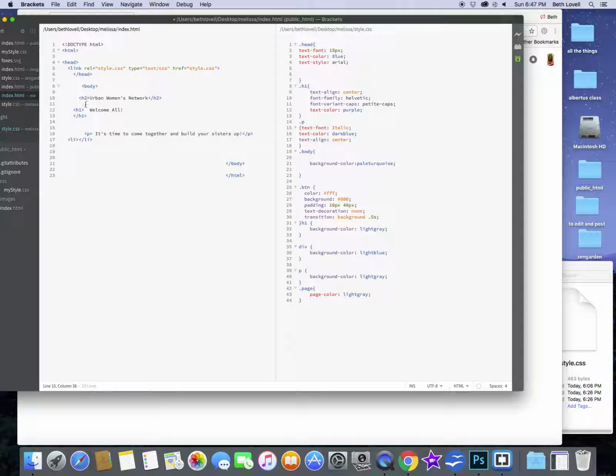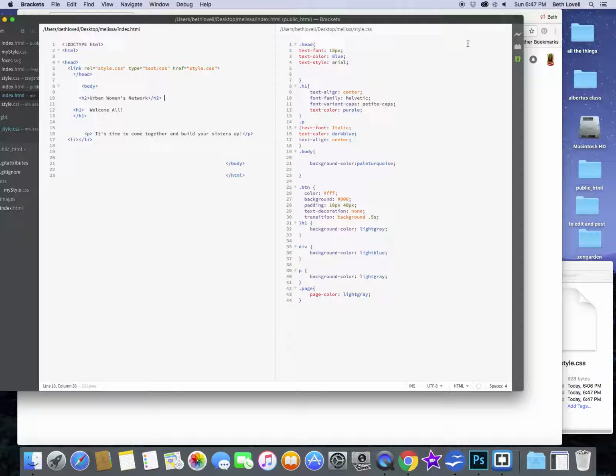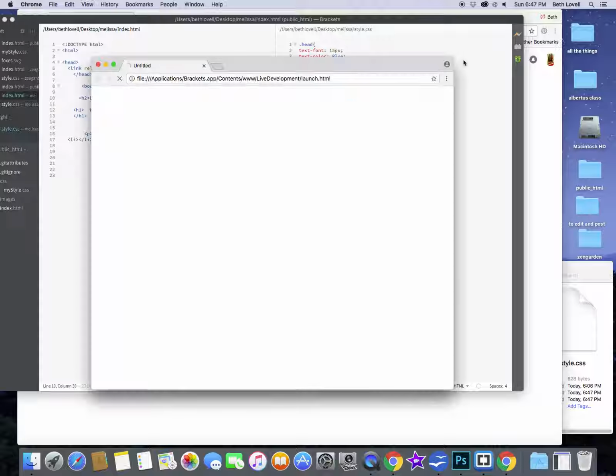It's a heading 2 tag and it's above a heading 1 tag. So the heading 1 tag should be bigger than the heading 2 tag. But let's just save everything. I'm going to go File, Save All, and we're going to see what that did to the page. And now if I hit Preview,